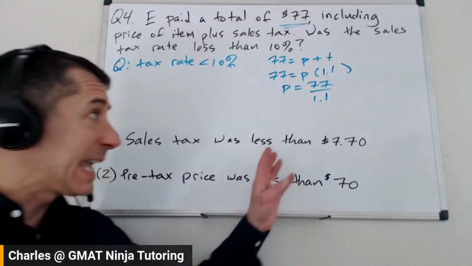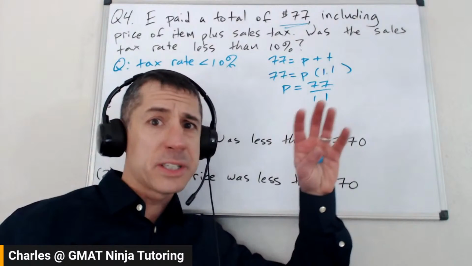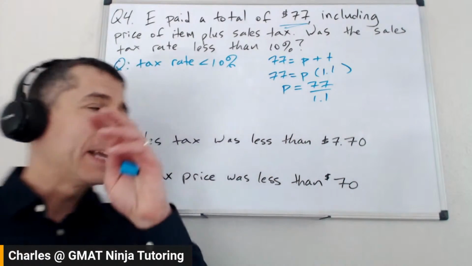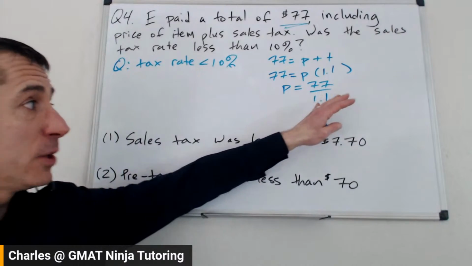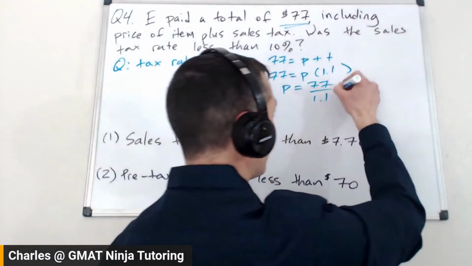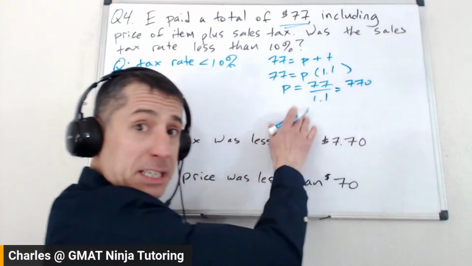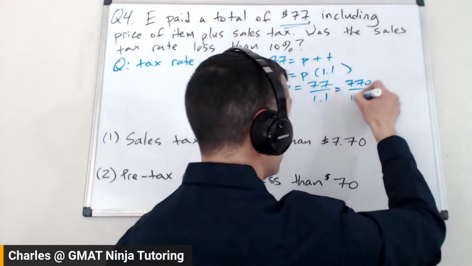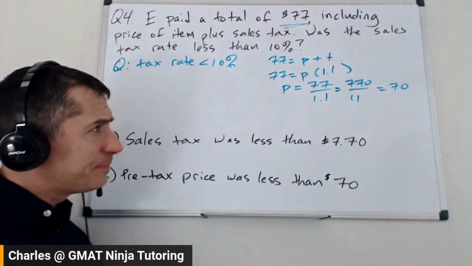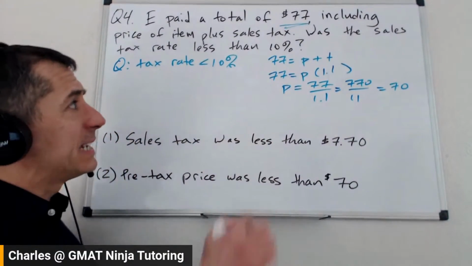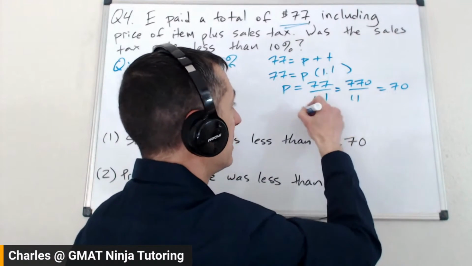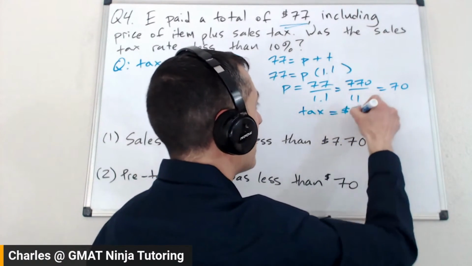Now, small thing, again, if you struggle with some of this arithmetic, there's almost always a way around the worst of it on the GMAT. It's part of the design of the test. If you don't like dividing by decimals, that's fine. You don't have to. You can just multiply top and bottom by 10 if you want to. Again, if you like dividing by decimals, no problem. If you don't, no worries. I'm just going to do that instead. So I get that the price is 70. Okay, let's think about that a little bit. If the tax rate's 10%, the original price is 70, the tax is going to be $7.